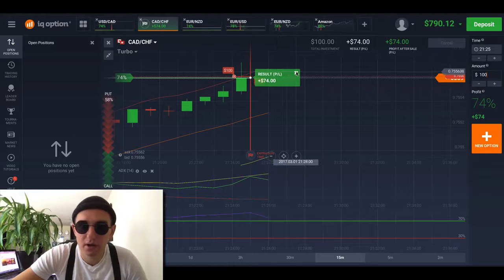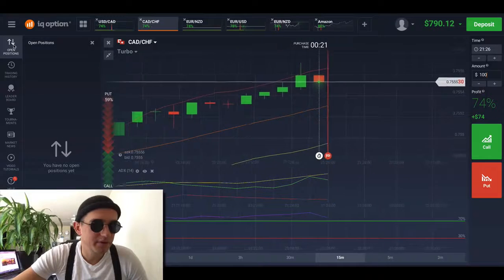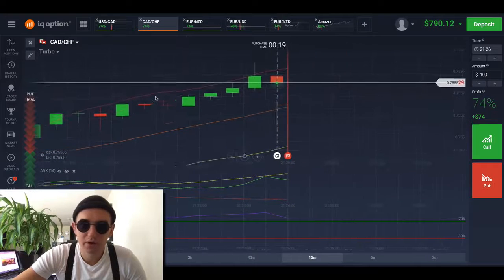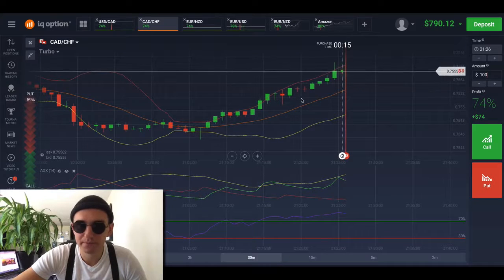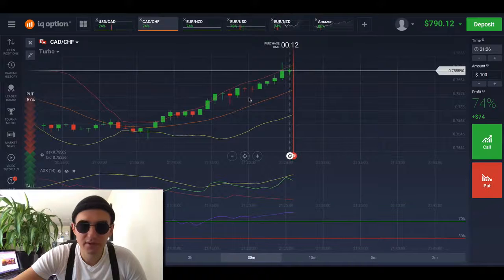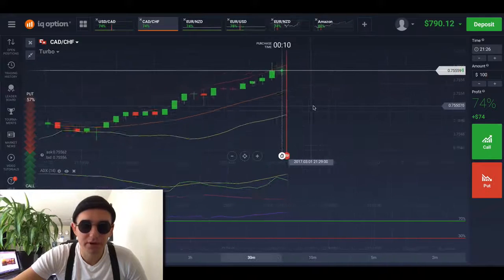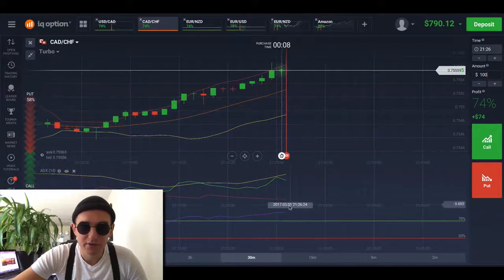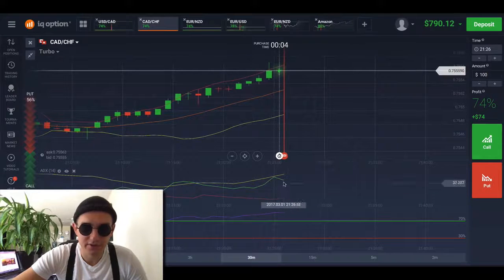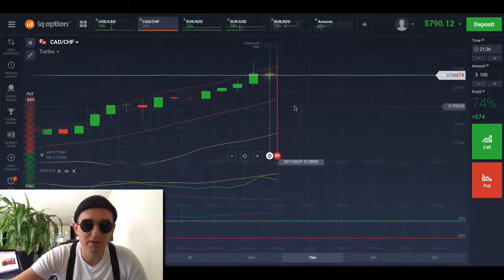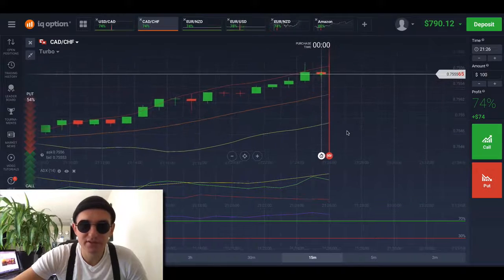And we won, ladies and gentlemen, $74 profit. Our analysis and prediction was true. Let's wait for another good moment. See, we're still in the oversold conditions here, and the market is trending upwards. So I was trading against the trend, but